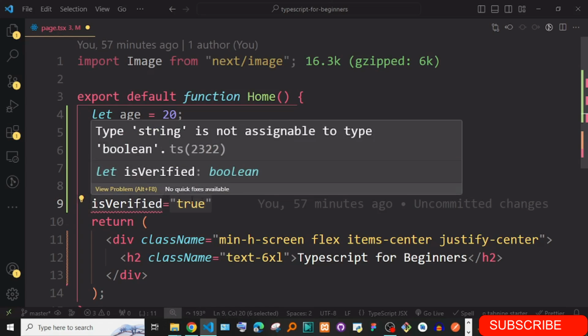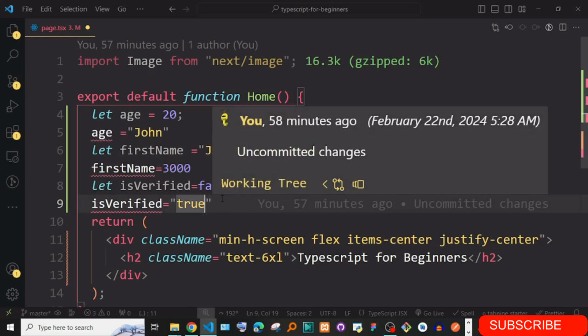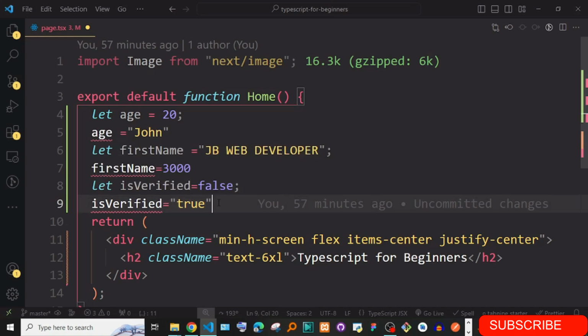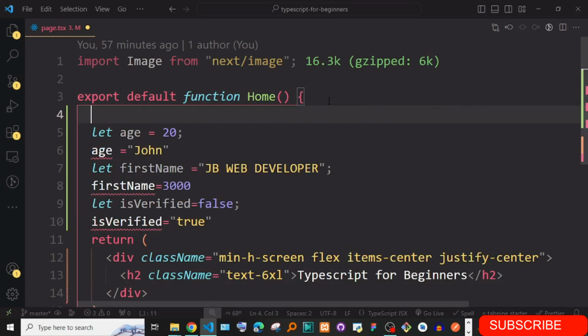So it is already doing the type checking right away, without even defining this, and this is what you call type inference.